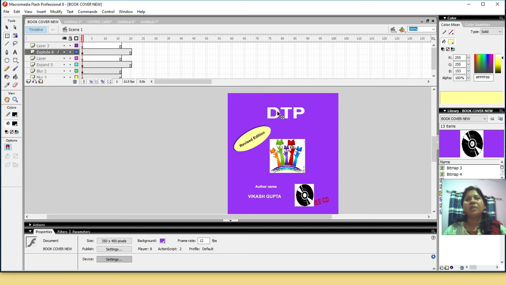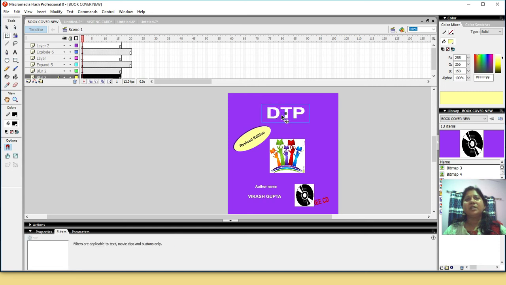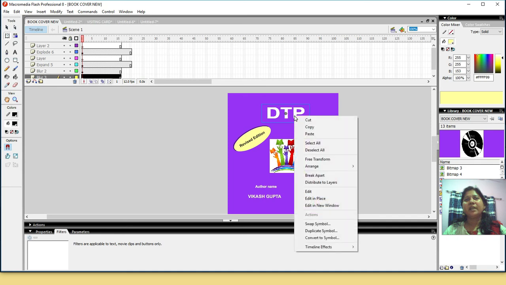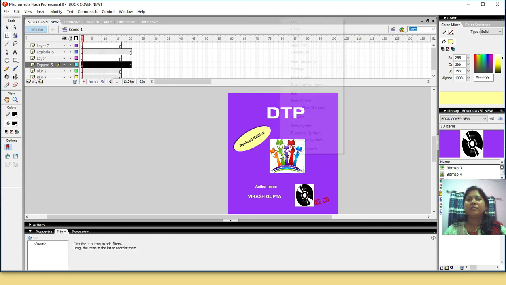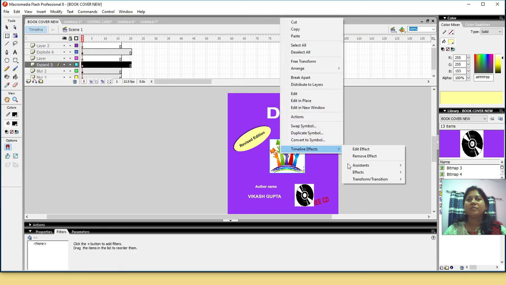So how I am setting it now: see, select this text, right click, timeline effect. Here the blur option is there. Already the blur option is selected. You can go for expand also, explode also. Now expand is there.